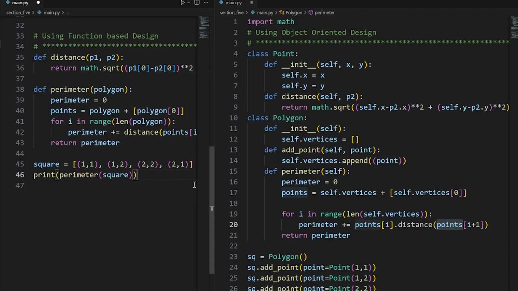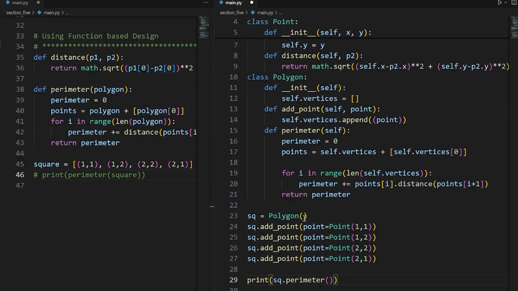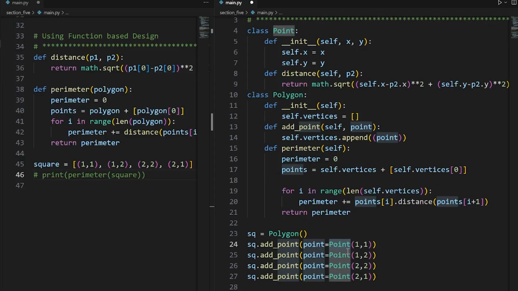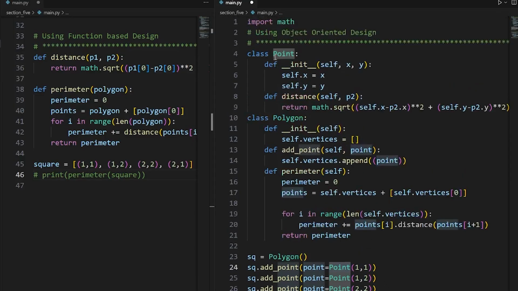Since both of them are inside the same file, I'm going to terminate this function. I will be instantiating polygon, and then I'm adding points. As you can see here, I am inheriting directly from the point, so every point here is an object of the point class. You can see that clearly. That's why I can reach out to the distance from the